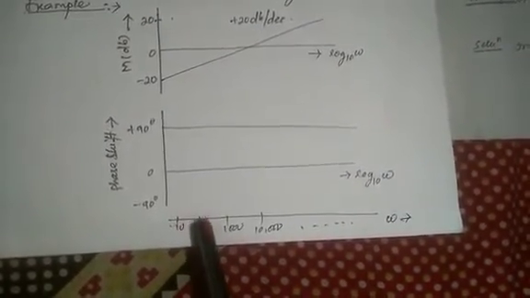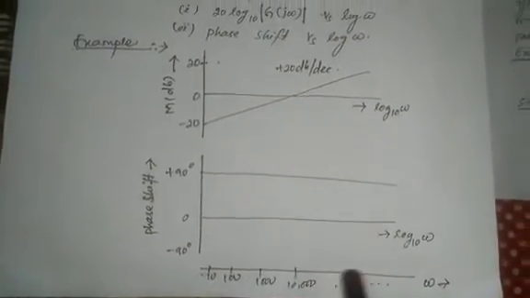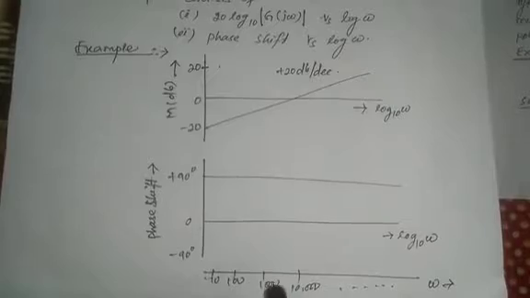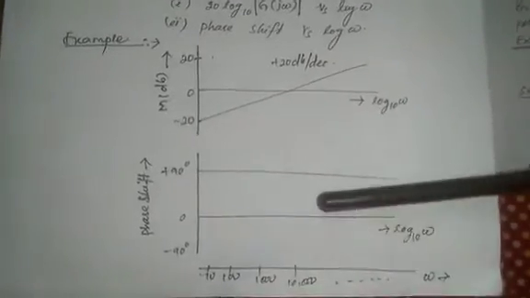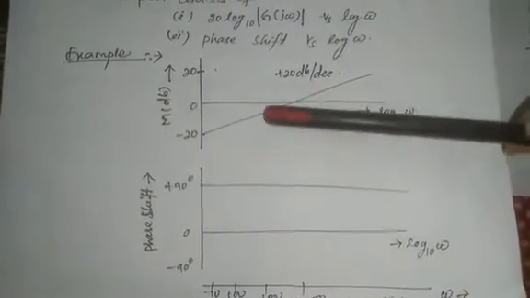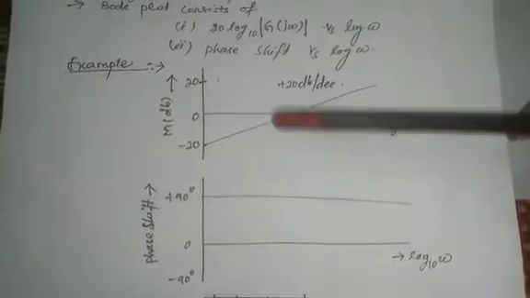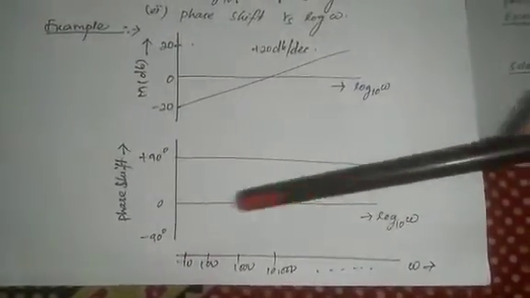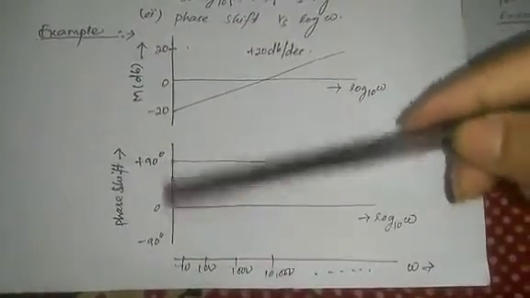Suppose one semilog paper is present. You take the angular frequency omega on one axis, and in semilog paper the values are multiplied by 10 each time: 10, 100, 1000, 10,000 and so on. In the same semilog paper, in one half you draw the phase shift and in the other half you draw the amplitude: amplitude plot and phase plot, with 50% for phase shift and 50% for the amplitude plot.